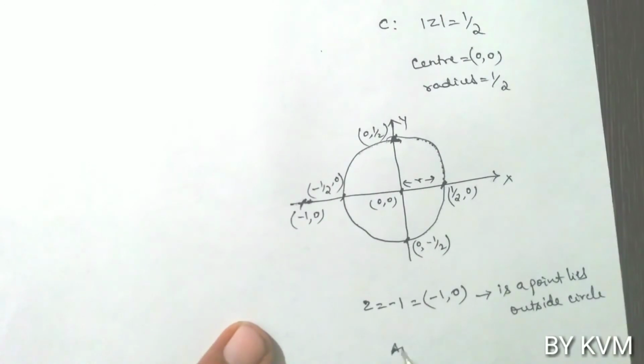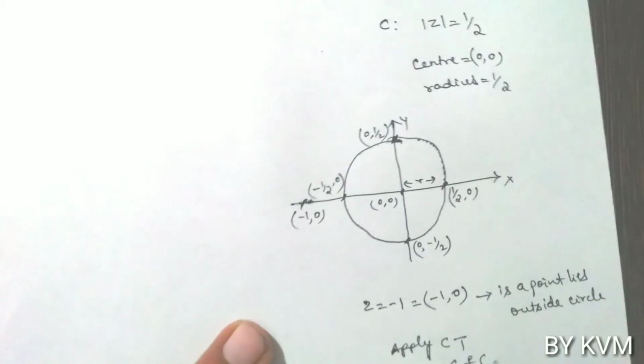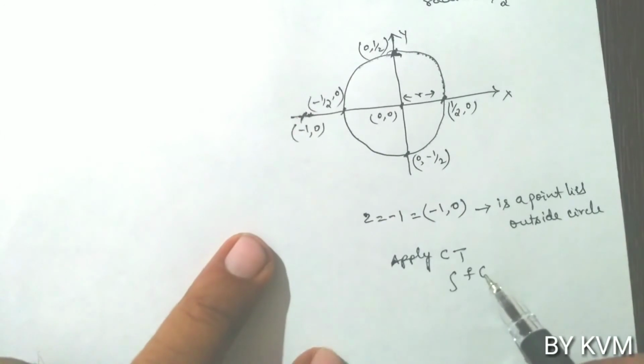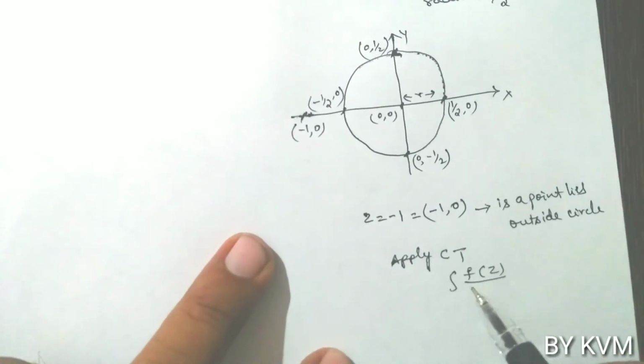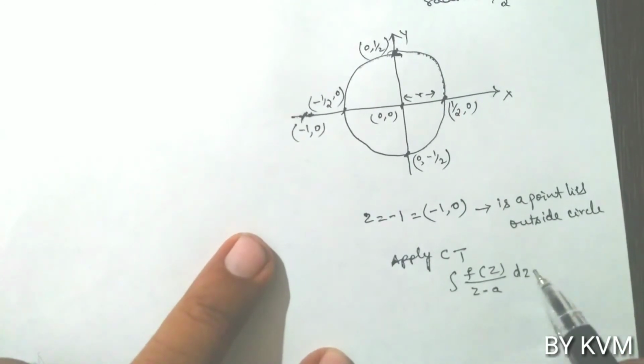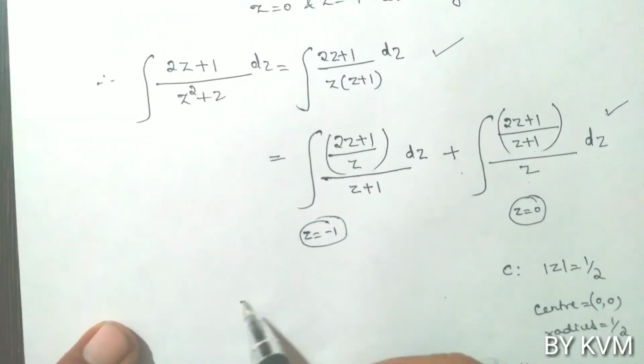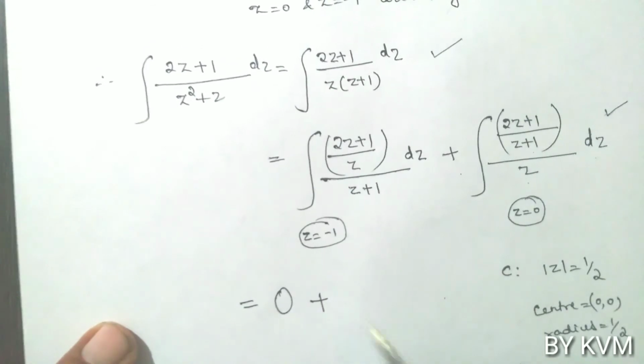So apply Cauchy's theorem. What does Cauchy's theorem say? Apply Cauchy's theorem since this point lies outside the circle. So the integral of f of z by z minus a dz equals 0. So the first integral you can directly put 0, plus,